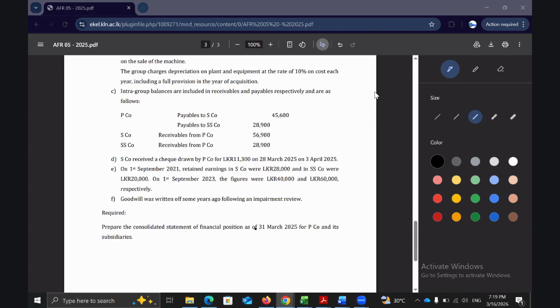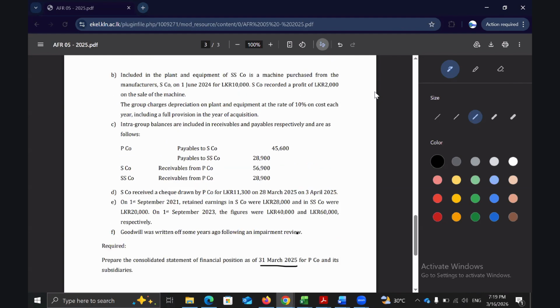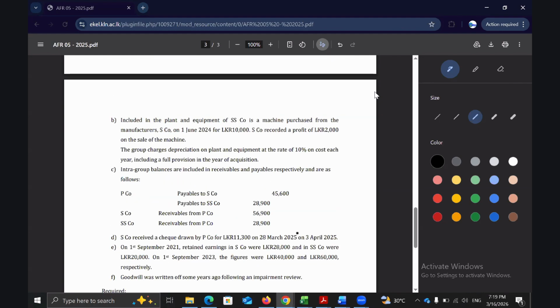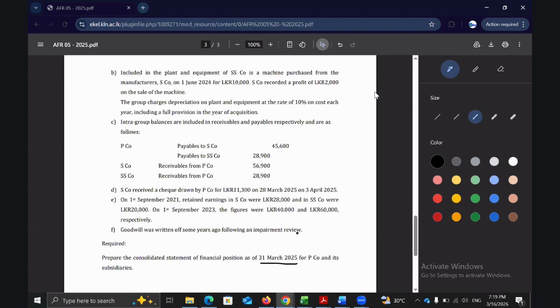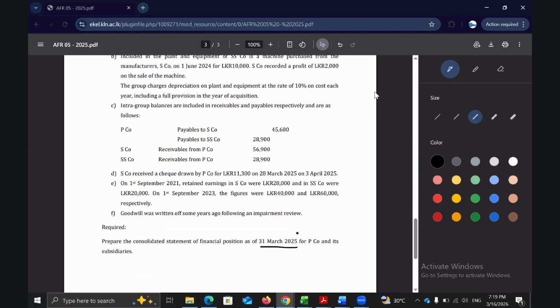Then, as you are preparing the consolidated financial statements as of 31st March 2025, how much need to